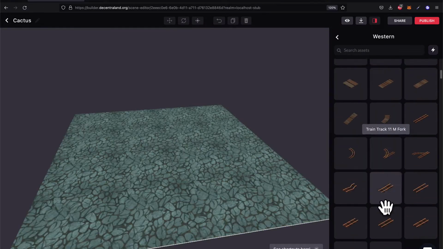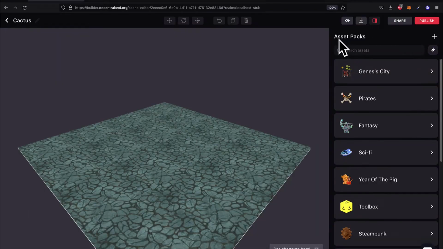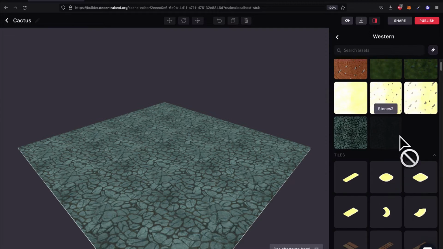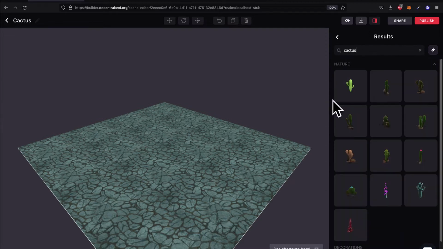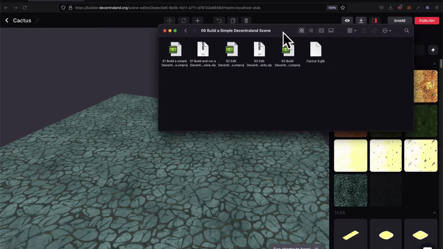Another option is to use the software development kit to create scenes with code. You can also use a blended approach of using the Builder and the SDK. The software development kit is what we're going to learn in this course. We'll also take a look at the Builder. So we'll take a look at the blended approach, but primarily the software development kit.